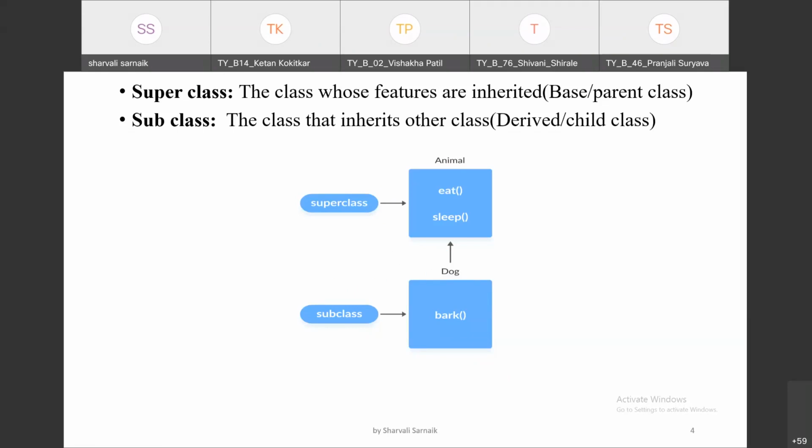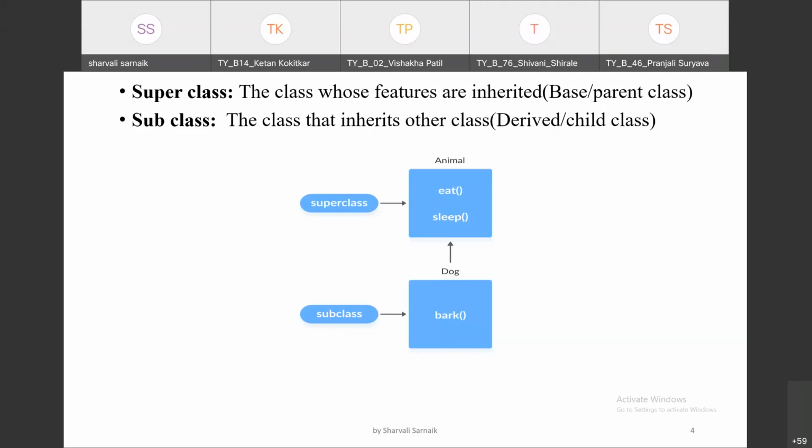The new class, the class that inherits from the other class, is also called a derived class, child class, or subclass. So the subclass will inherit the features from the superclass. This is the concept of inheritance.